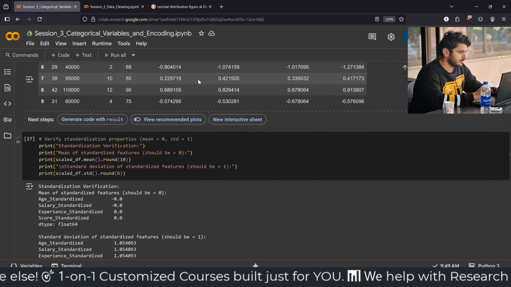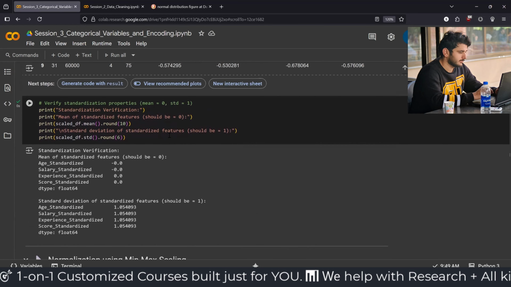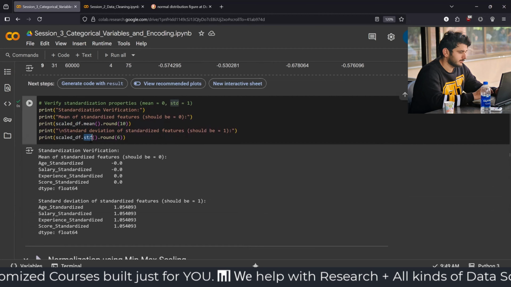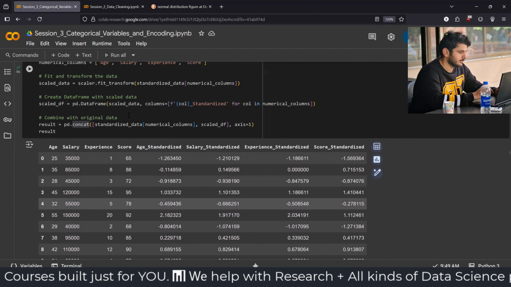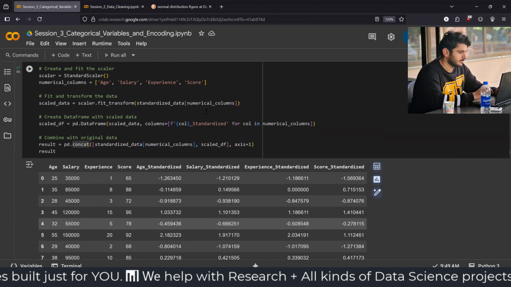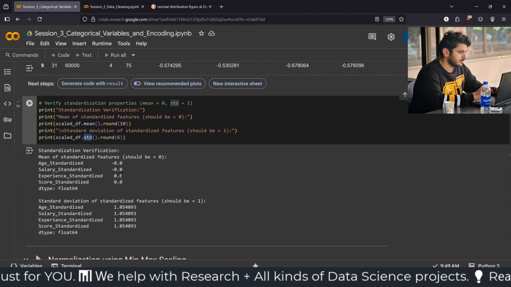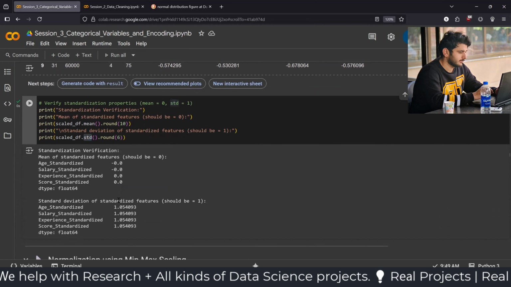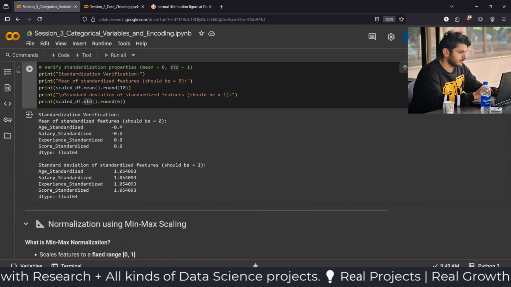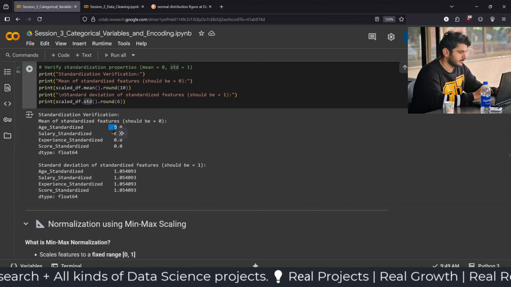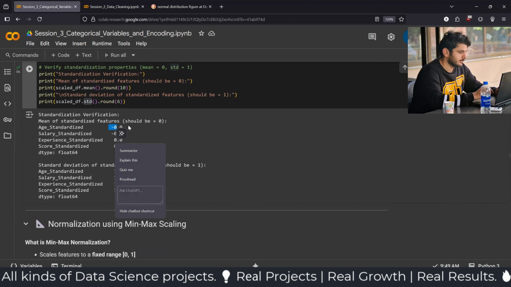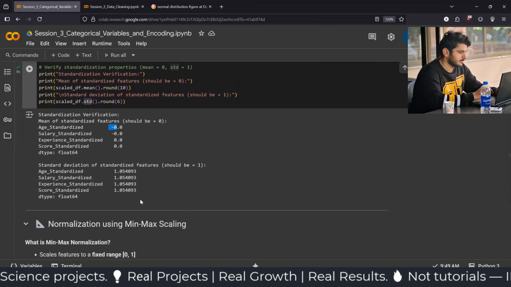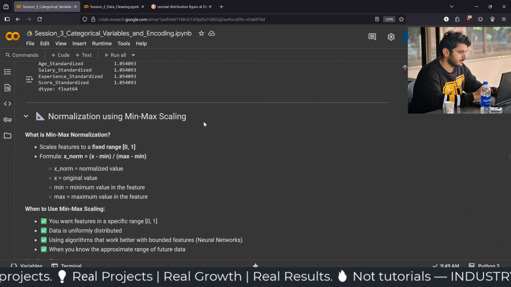Now let's move forward, and here we just check the mean and standard deviation. As we know, z-scoring promises that we are going to get a mean of 0 and a standard deviation of 1, and here we checked it and it's giving the same results. We are getting some minus here because it's going to be minus 0.000 something, and it's almost close to 0, but it's still showing in the minus. Okay, now